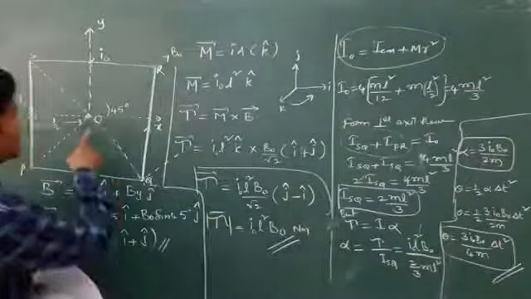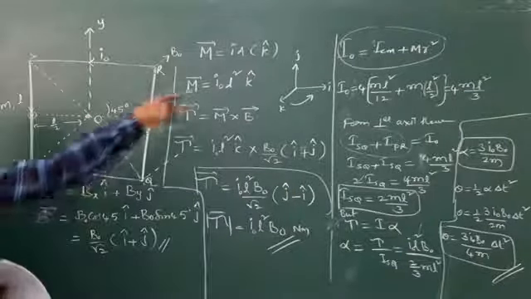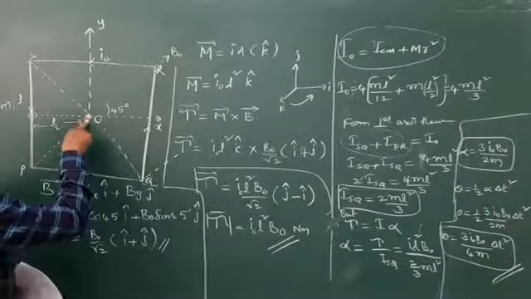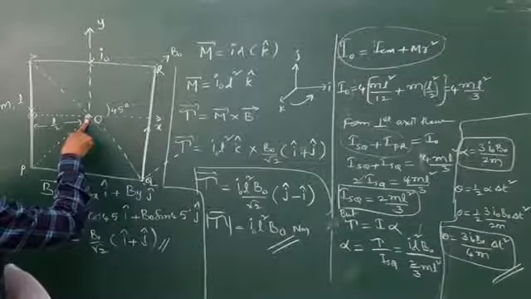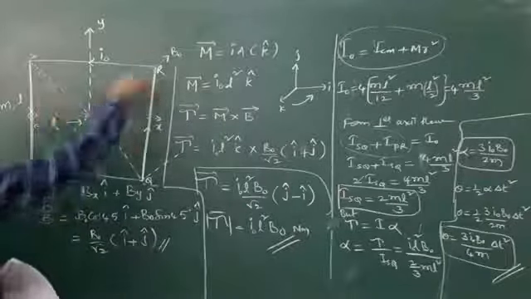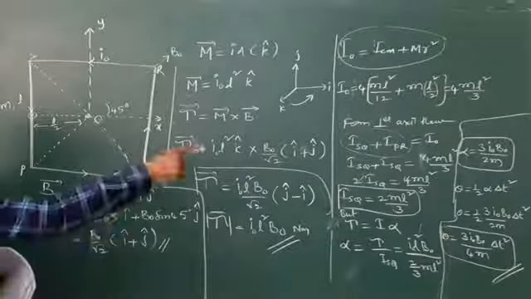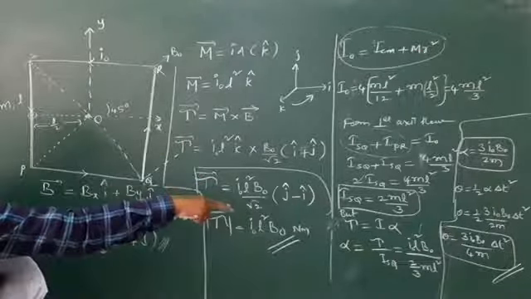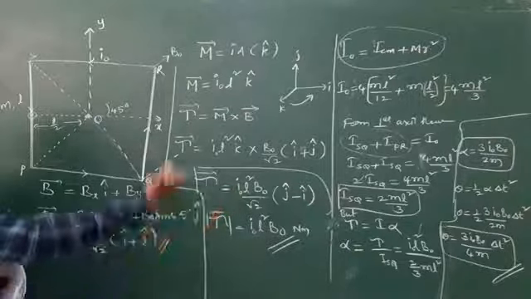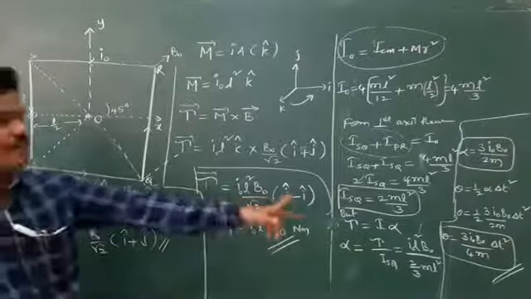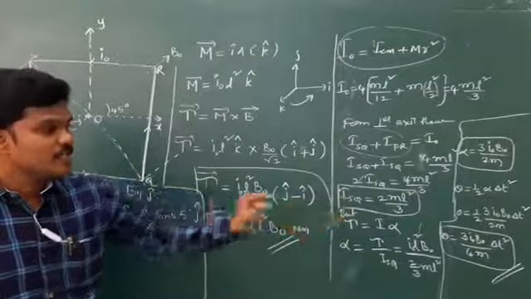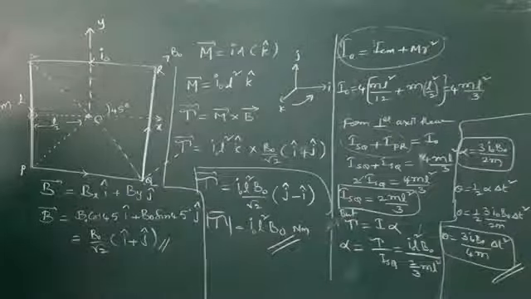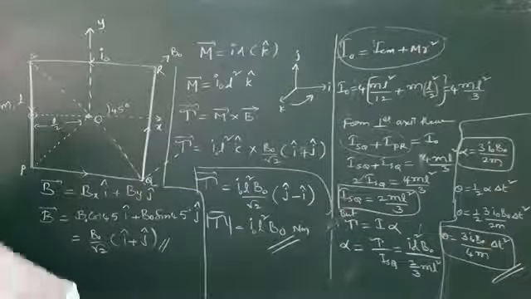See, finding the moment of inertia is important here. Just recall the moment of inertia concept. Here I calculated the moment of inertia about O using the parallel axis theorem. And later on, to find this, I am using the perpendicular axis theorem. Then I got the moment of inertia. So at this point only there will be a torque. Torque I got as I alpha, and finally the angle rotated by the frame in that time, I got as 3 I naught B naught by 4m delta t square. Okay, practice that at least twice.